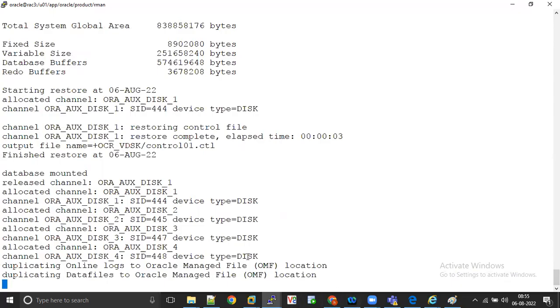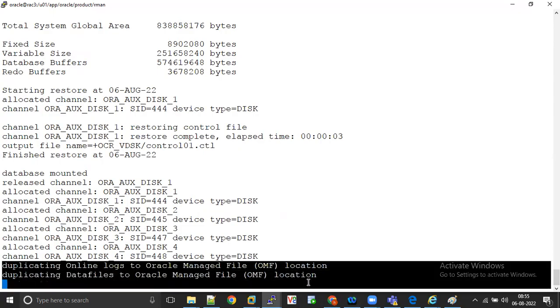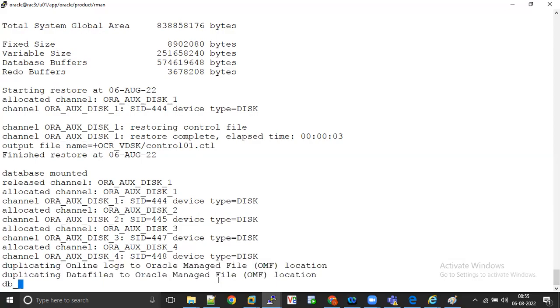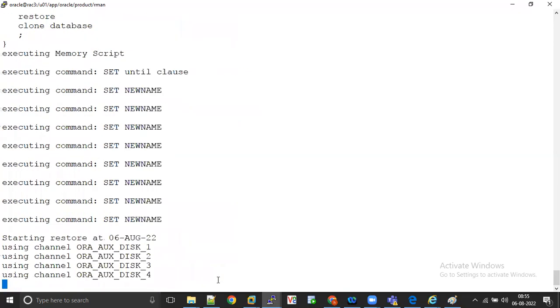You can clearly see here, this ASM concept is working on OMF. We have to set a parameter in the pfile, db_create_file_dest. You just need to specify that disk group. Okay, that is enough. If you specify this way, automatically the data files and redo log files, everything will be created in that location. So OMF is nothing but Oracle Managed Files. Oracle will create the files automatically. We don't need to mention the data file name like